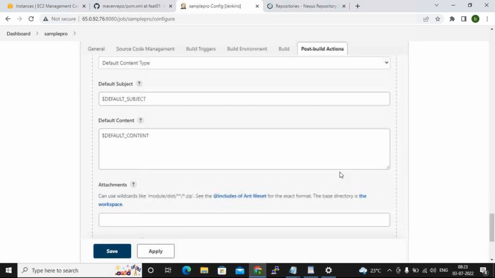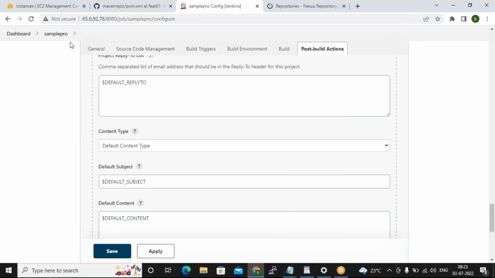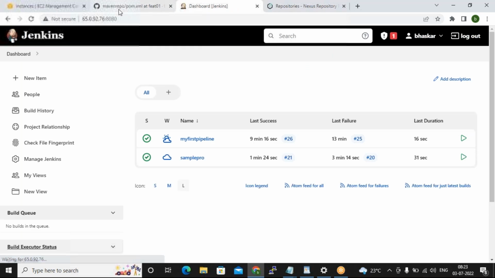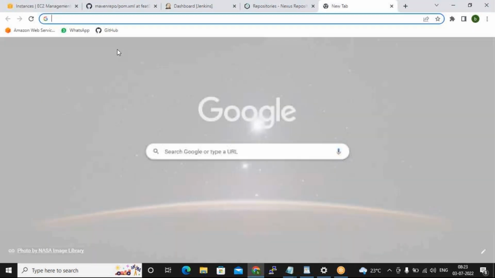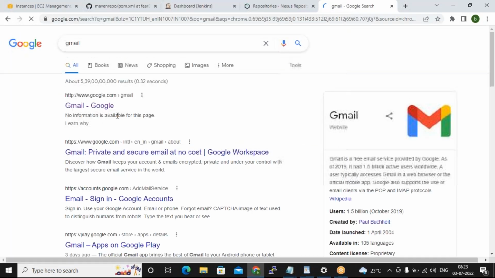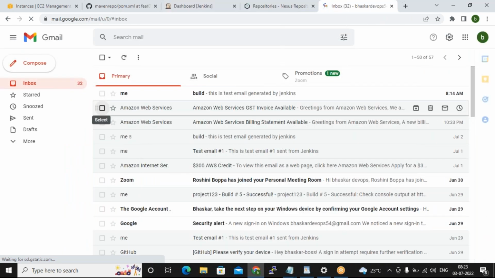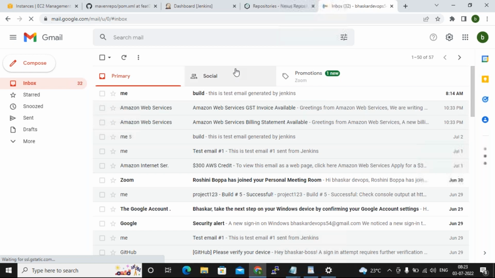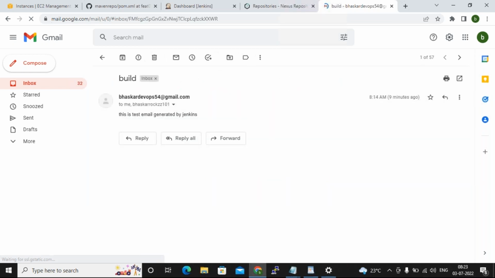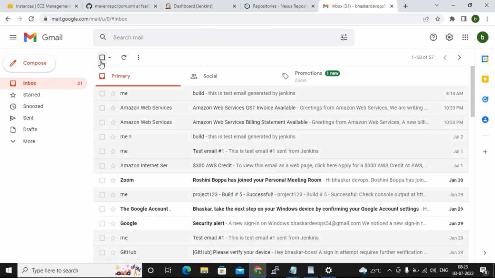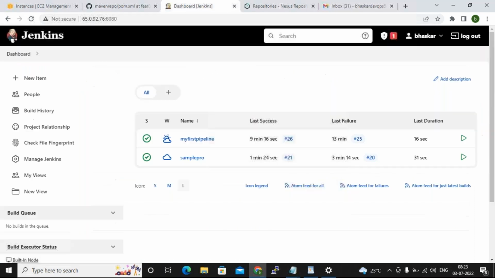Log into your email. Normal Gmail, right? Yeah, Gmail. Only the test email you received. Why? You configured mail, right?